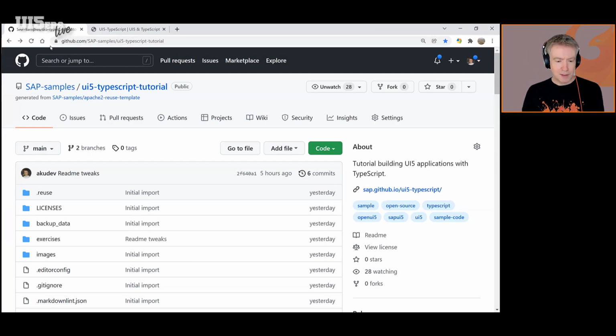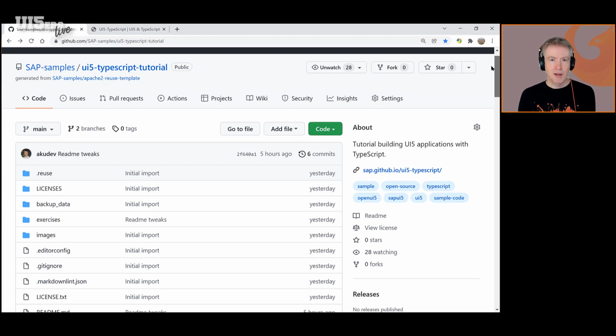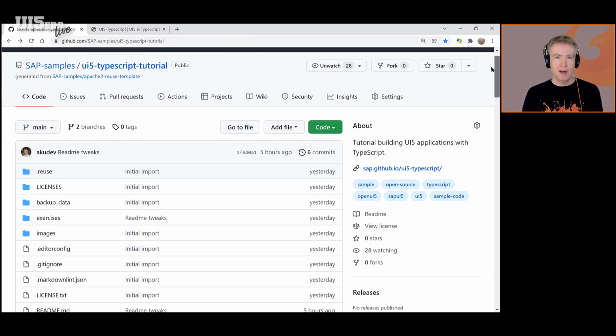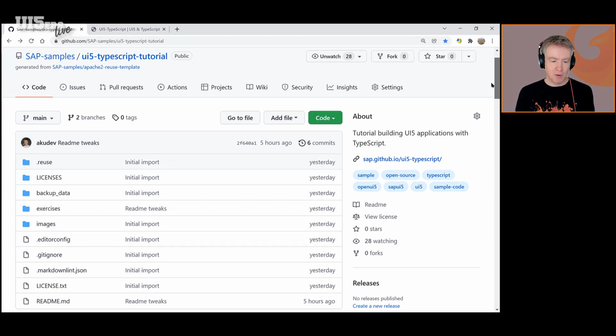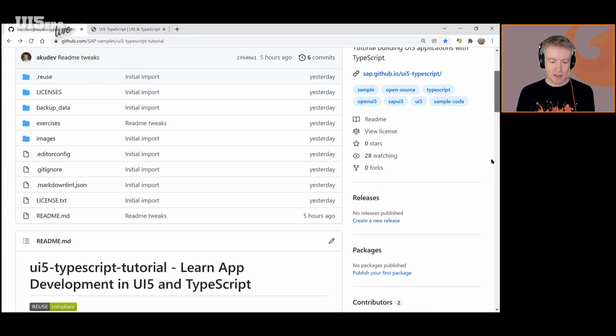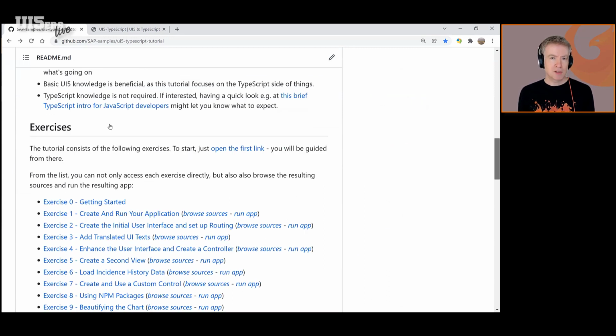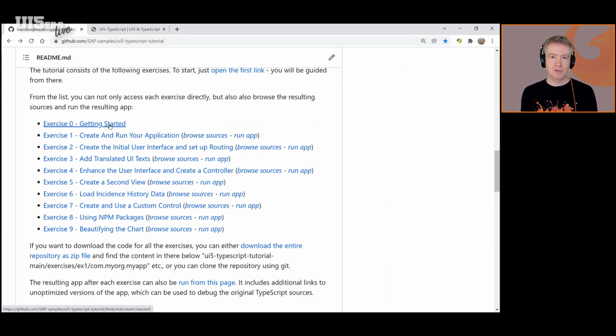Okay, right. This is the github.com UI5 samples ui5-typescript-tutorial. That's basically a new tutorial we created, which guides you in a hands-on way in a short time, like 1 hour, 1.5 hours or so, through the several things we have published about UI5 already. There's a couple of exercises in there that really start with an application template with the UI5 generator, like Wouter just showed, just using the simple, previous one, the old one without OData stuff, with just one page and so on.